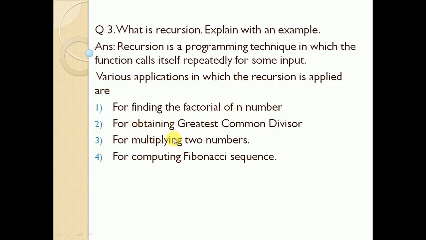Next, for obtaining the GCD of numbers, that is greatest common divisor. Even for multiplying two numbers, the recursive function is used. For computing the Fibonacci series, there also recursion is used. So recursion is a programming technique where the function calls itself repeatedly.